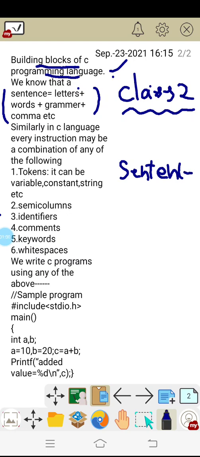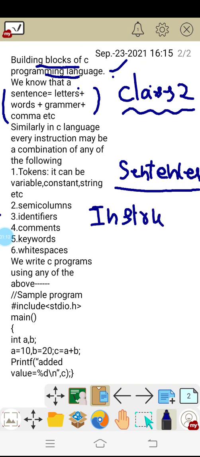But in computer terminology, we are not calling them sentences, we are calling them instructions.